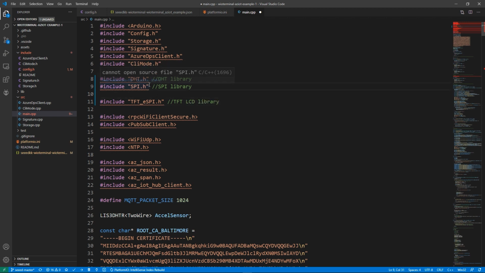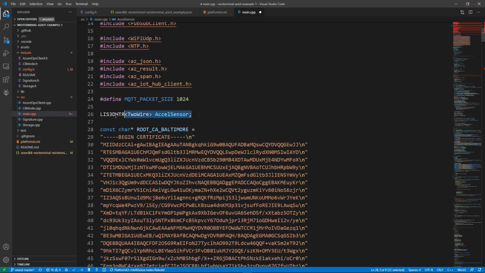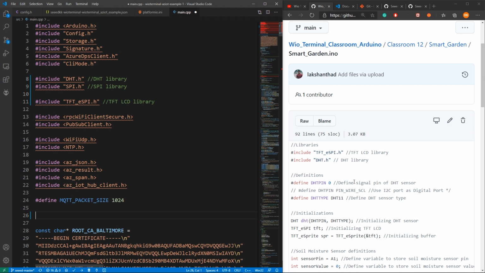So here we have to include the SPI library because previously in the accelerometer library, this SPI.h library is already included. But in the DHT library, this SPI library is not included. So we have to include it separately inside this code. Now go down, and in here delete this because we are not using the accelerometer. Now go back to the repo I mentioned before, which contains the codes for the smart garden project that we